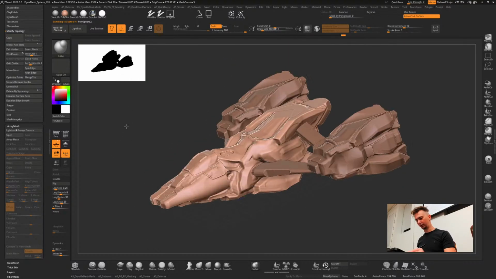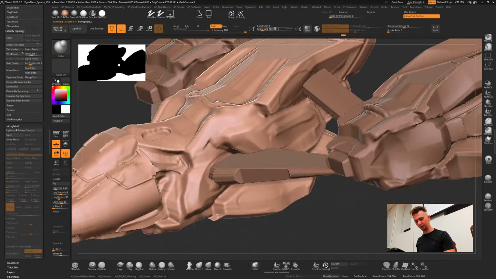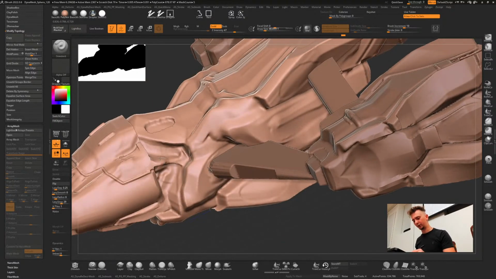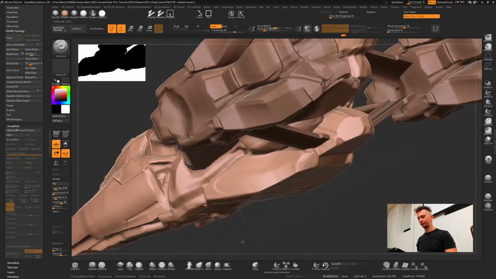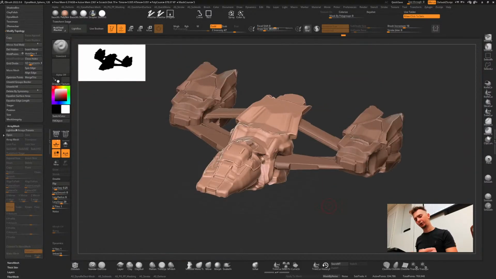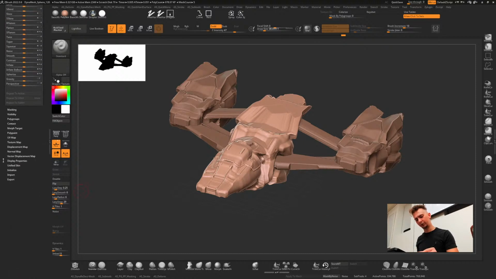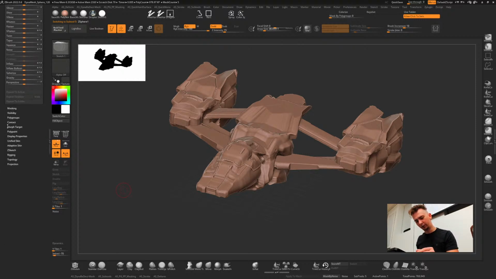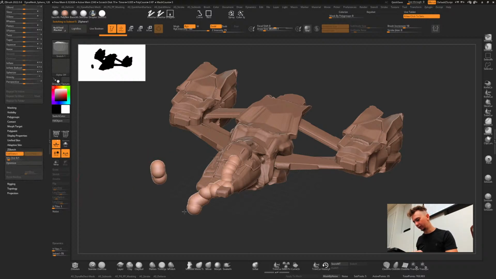It's not clean or fully resolved by no means, but it's a good starting point just to ideate something. You can always sketch on top. One last trick: you can even sketch right inside of ZBrush, more of a traditional 2D artist approach. If I go to append a ZSphere and click on it, and then go ZSketch, Edit ZSketch, it goes into this mode where you can draw little spheres.